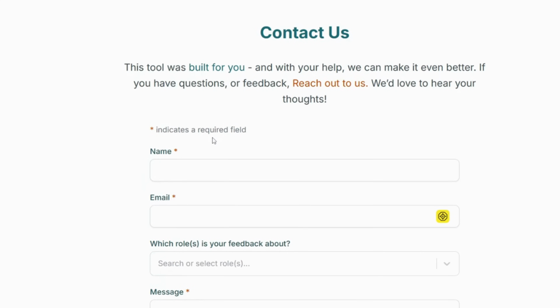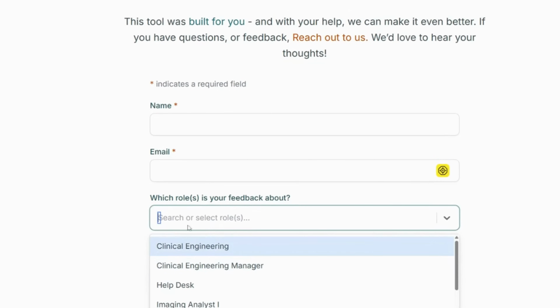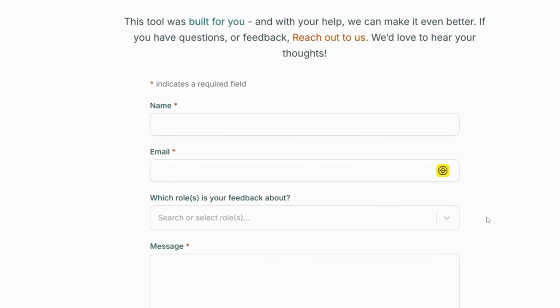And finally, we have a contact us, and this helps us. You can send it in and it goes to Mohannad and myself, and it allows us, if you had, for example, a feature request that you wanted to add to the tool function, or if you disagreed with something, maybe we put something as a level 2 and you said, look, I do this job and that's a level 1 or that's a level 3, then we're open to that feedback. And for that, we've included this ability to optionally say which role, just so it's easier for us. You don't have to type as much to point that out. Or you may say, here's a role that we have at our institution that's not included here. Would you be willing to add that to the matrix? And we can take a look at that and see how much we know about it and add that in.